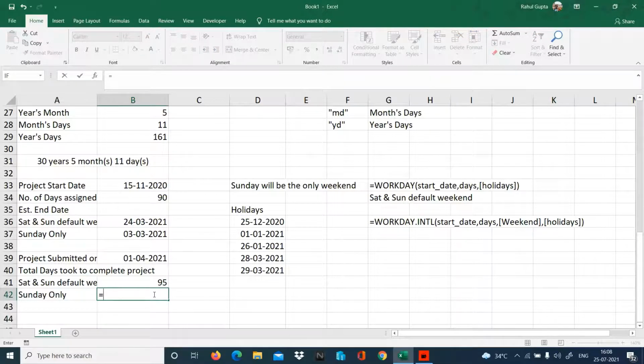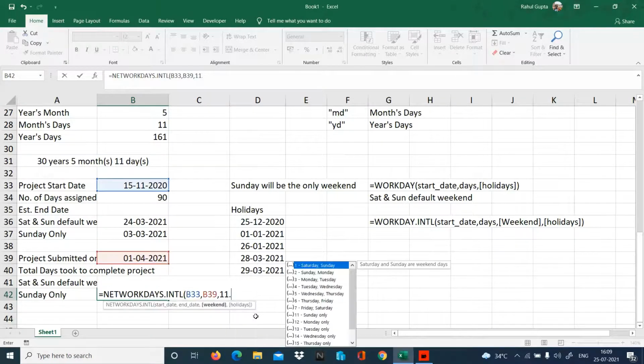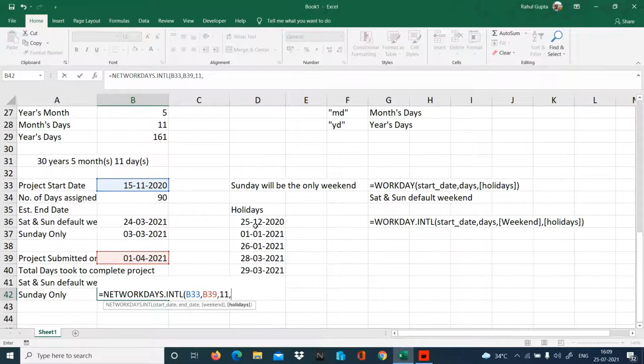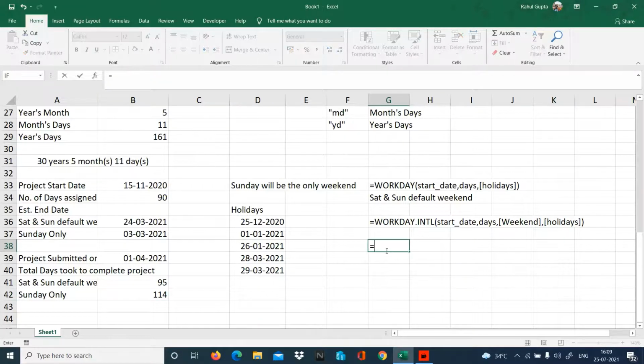I'll use it for Sunday only. So again, I have to use the function NETWORKDAYS.INTL, that's again international. This is the start date. This is the end date. Weekend, again we have to select 11, Sunday only. And these are the holidays which we have to select. Let's close. So 114 days that person took to complete the project when Sunday only is the weekend. So let's write the function also over here.